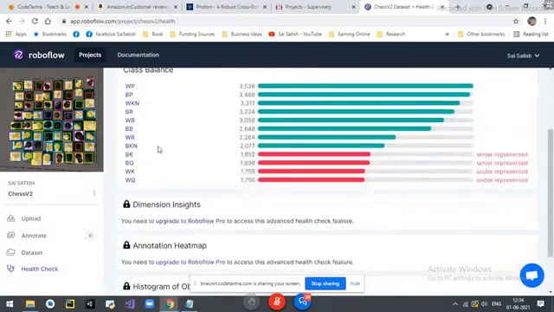How the things are. For example, Black King is having less number of tags. So we have to increase the labels for Black King, for Black Queen. We have to increase the labels for these. After this, the next important point,